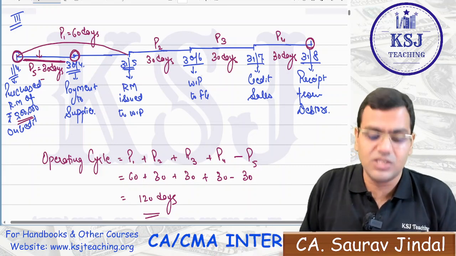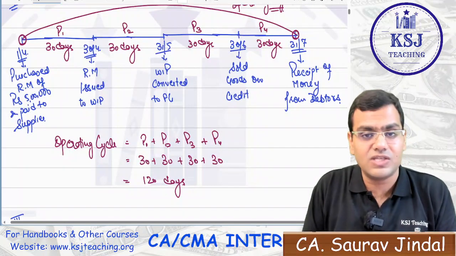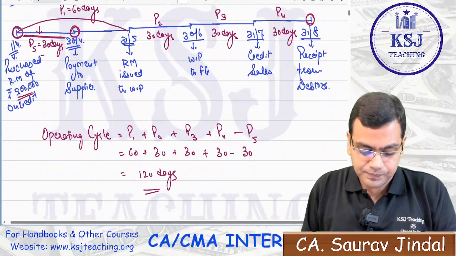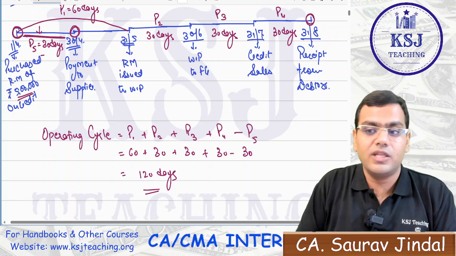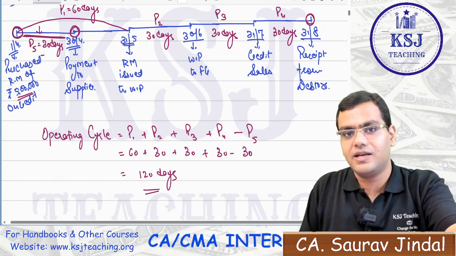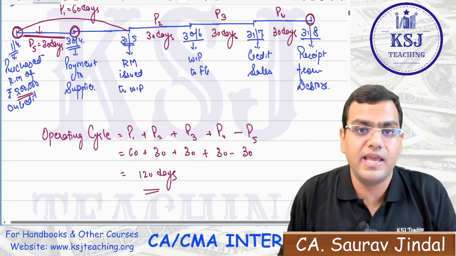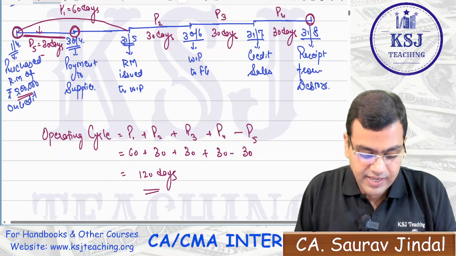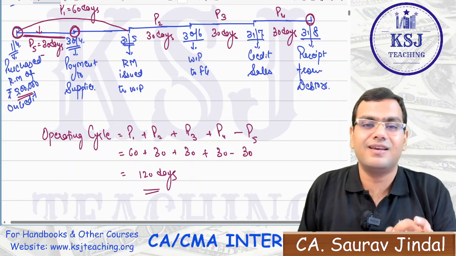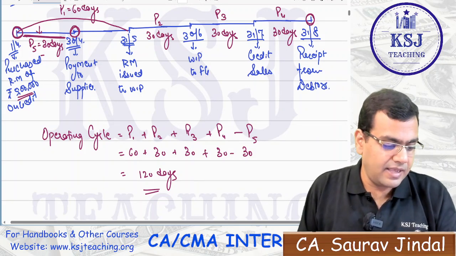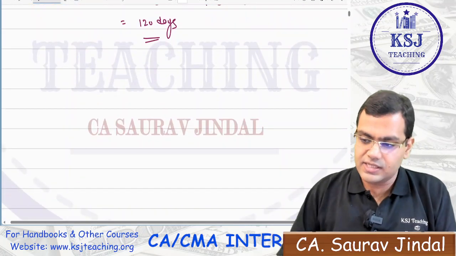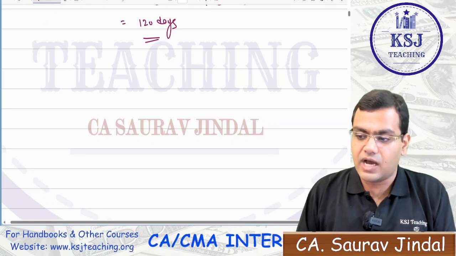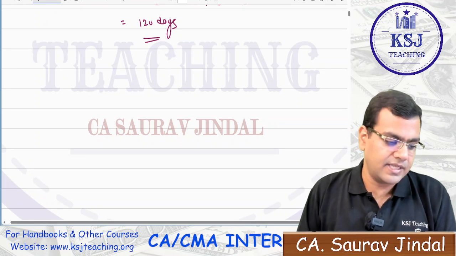You have not yet invested. In the earlier cases, we were investing on the same day. Here, for the 30 days, that is not an operating cycle. During that period, the 5 lakh rupees is still there in your pocket, which you can use for any purpose. That is why this P5 is the credit allowed by the supplier, right? Okay, so this is about the operating cycle, how we identify the operating cycle, sir, right?